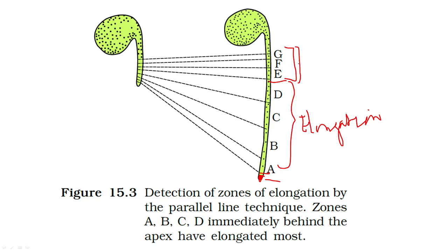So these cells have grown maximally, or they have attained their maximum size, and they have also obtained their particular function as well. So in plant growth, we have the meristematic phase in which the cells are continuously dividing, the elongation phase in which the cells are increasing in size due to increased vacuolation, and then we have the maturation phase where the cells have attained their maximum size and then they have started to function.